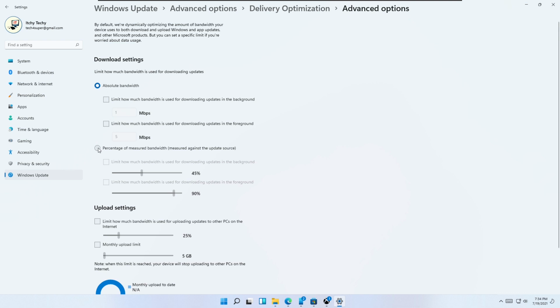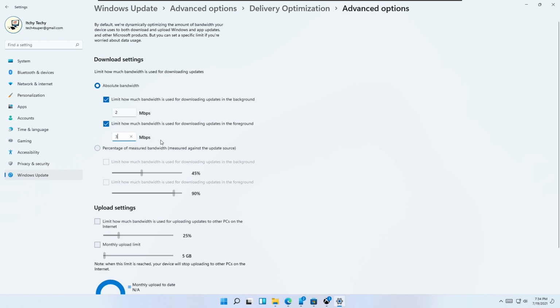In Windows 10 and older Windows versions, it was not this easy to control downloading Windows updates this much. You can limit downloads to your local network only, or allow downloads from devices on the internet as well as your local network. Your PC won't upload content to other devices on the internet when Windows detects you are on a metered network.